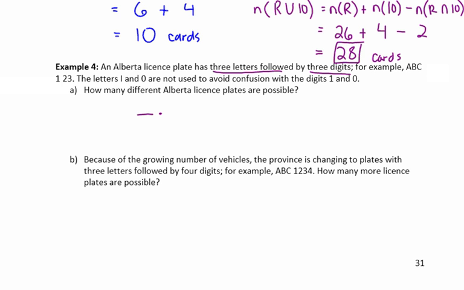If I'm going to use the fundamental counting principle, there's 6 different slots, right? The first 3 are going to be letters. The last 3 are digits. Letter, letter, letter, digit, digit, digit. Now, because we're not using I and O, how many letters do I have to choose from to put in the first spot? Well, how many are in the alphabet? You should know this. Otherwise you might have to sit there and count A through Z. There's 26